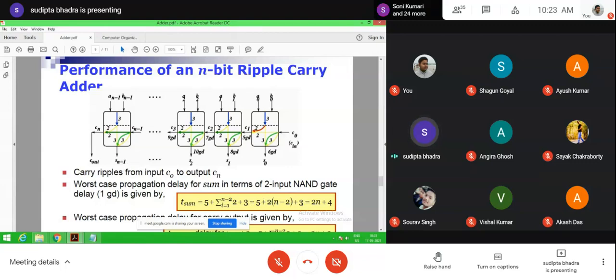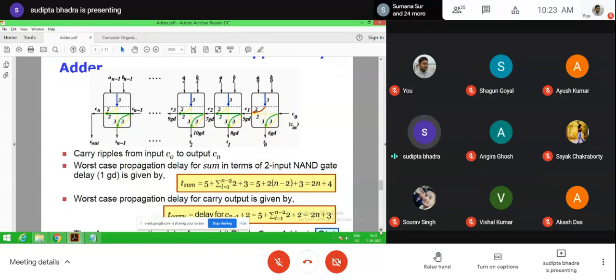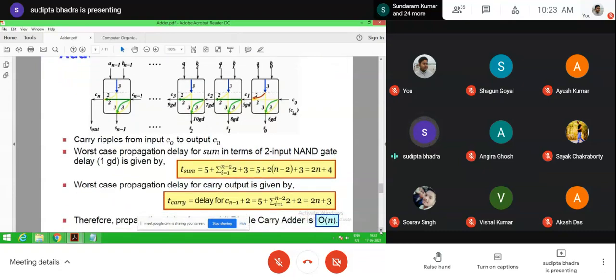So altogether it is 2n plus 4. Now this 2n plus 4 is order of n, means it depends upon the number of bits. So the propagation delay for sum as well as the worst case propagation delay for carry output.